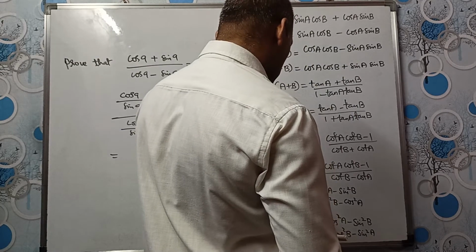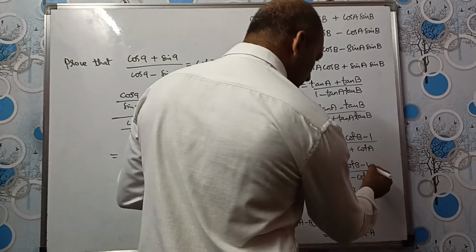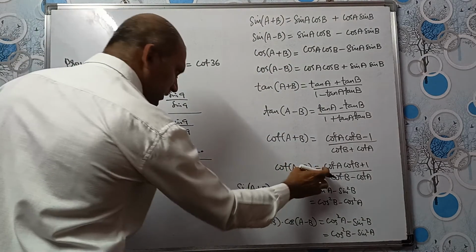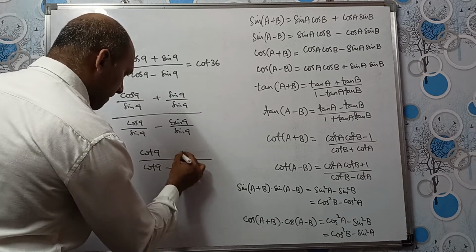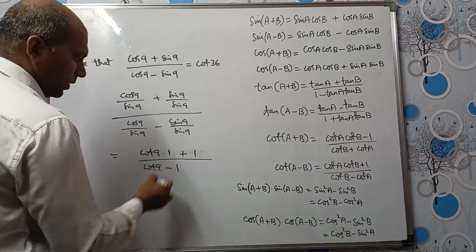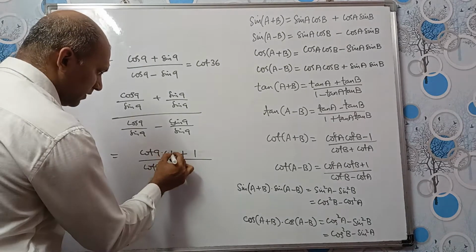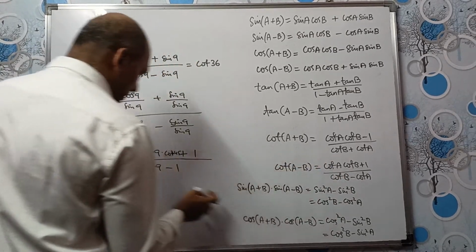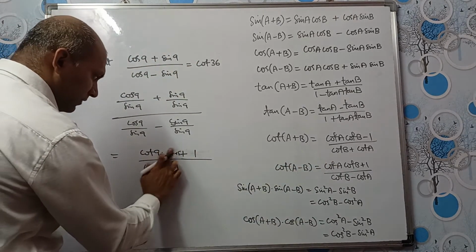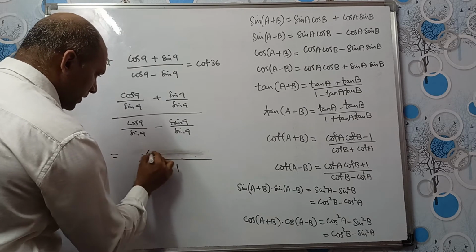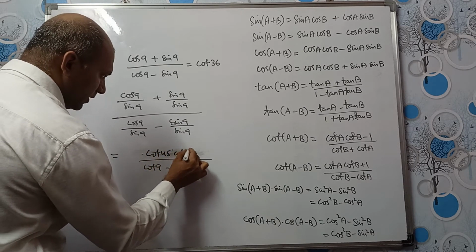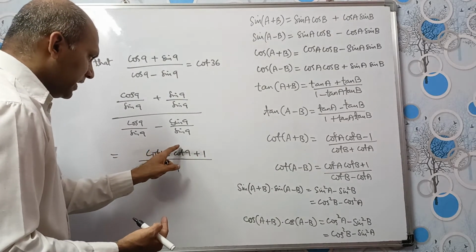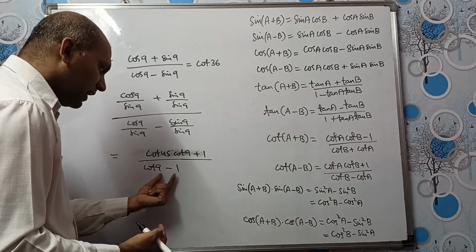Okay, I wrote cot(A − B) as (cot A cot B − 1)/(...), right? So this is plus actually. Okay, so we can write it in this form. So we had cot 9 plus 1, right? So here, in place of 1, if I write cot 45, okay, now this is cot A cot B, or let us write 45 first. So this will be cot 45 multiplied by cot 9 plus 1. Okay, because cot 45 is 1 only, right? So we had (cot 9 plus 1) divided by (cot 9 minus 1).